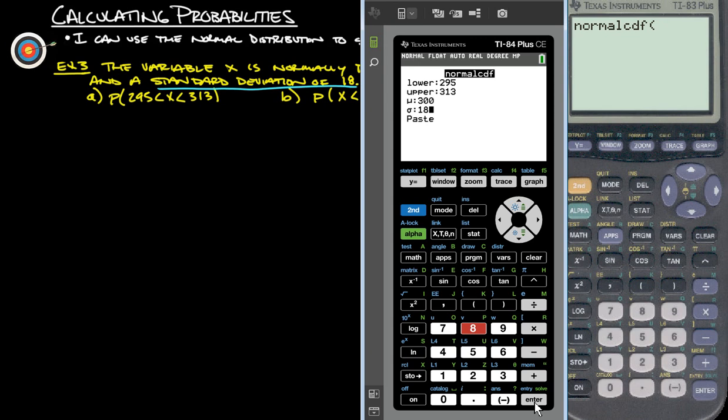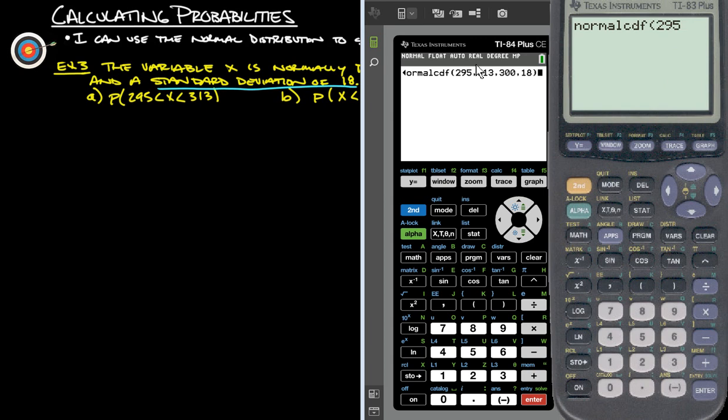And then here's the nice part about this. It goes through and it says paste. And what it does is it pastes everything into this normal CDF function. Okay, so if your calculator looks like this, you just have to remember or write down somewhere the order. The lower is going to be the first number. So on this one here, we would just simply type in